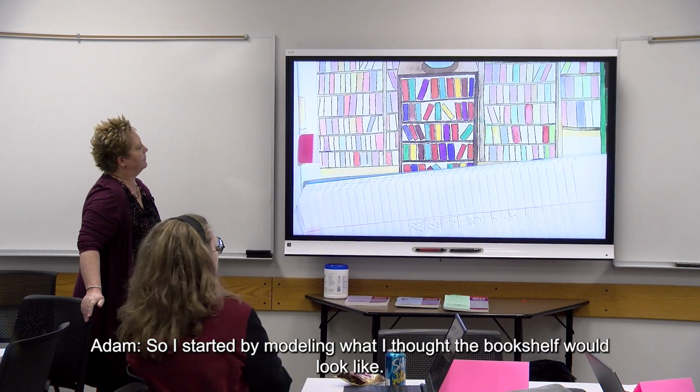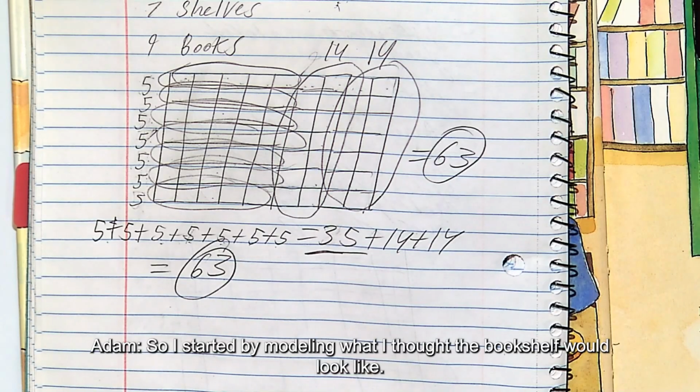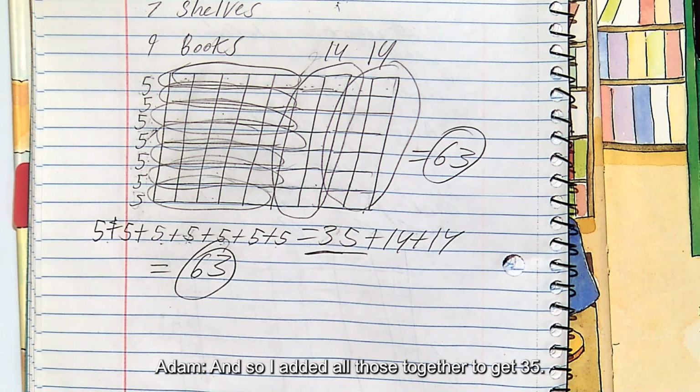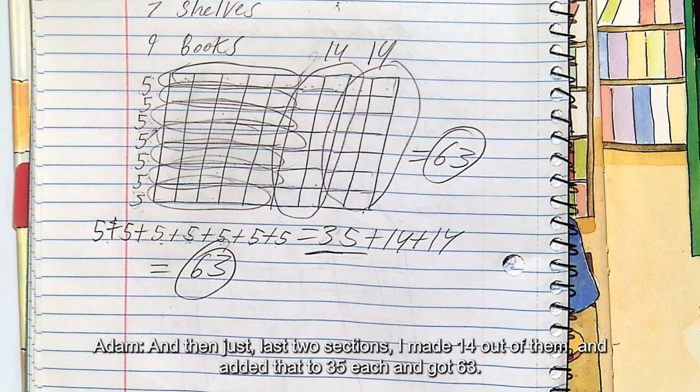So I started by modeling what I thought the bookshelf would look like. Okay. I recognized that there's 5 groups going down, or like groups of 5, and so I added all those together to get 35. And then just the last 2 sections, I made 14 out of them, and added that to 35 each, and